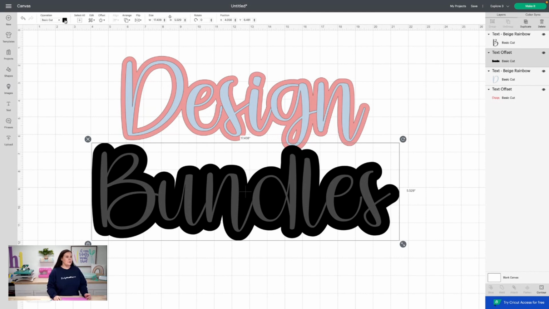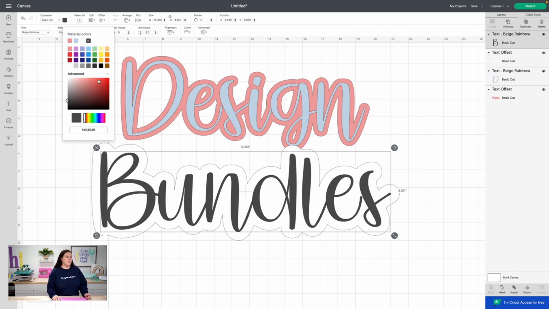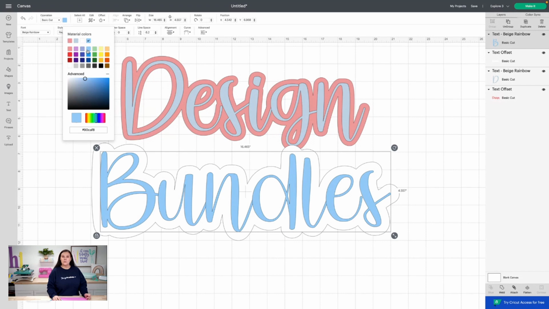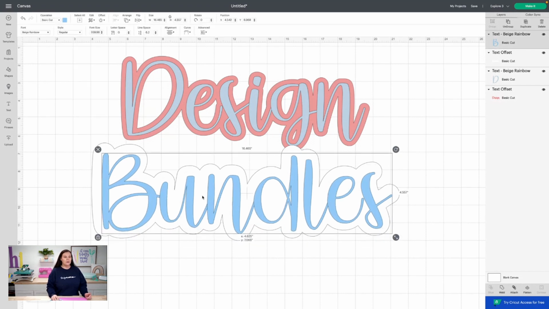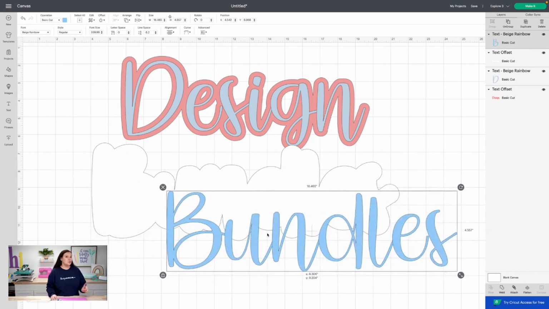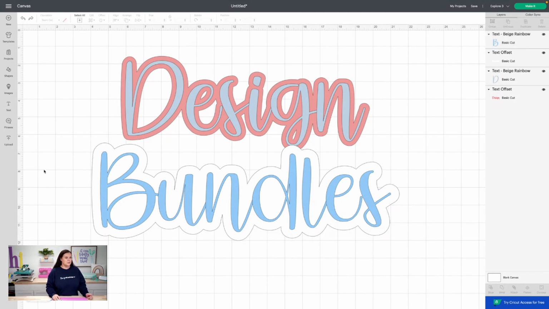Let's say, for example, I'm going to turn this offset to white. And then this font right here is going to be, let's just say, this blue color right here. So what I could actually do with this is create a sticker. Now, how do I turn this into a sticker? Because this is actually two separate layers. So if I was working with HTV, I could have my back layer, and so this would be a 2-layer project, or I can make it one solid layer if I was making something like a print and cut sticker. So I'm going to go ahead and hit undo just to put that back where it belongs.